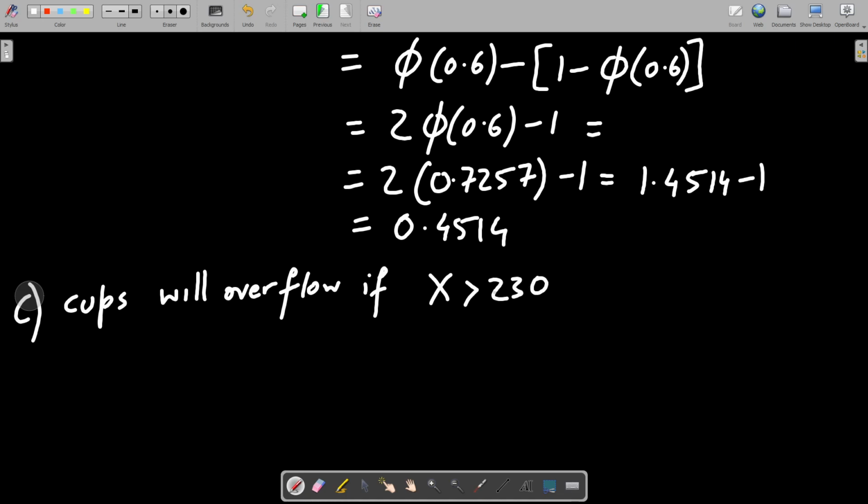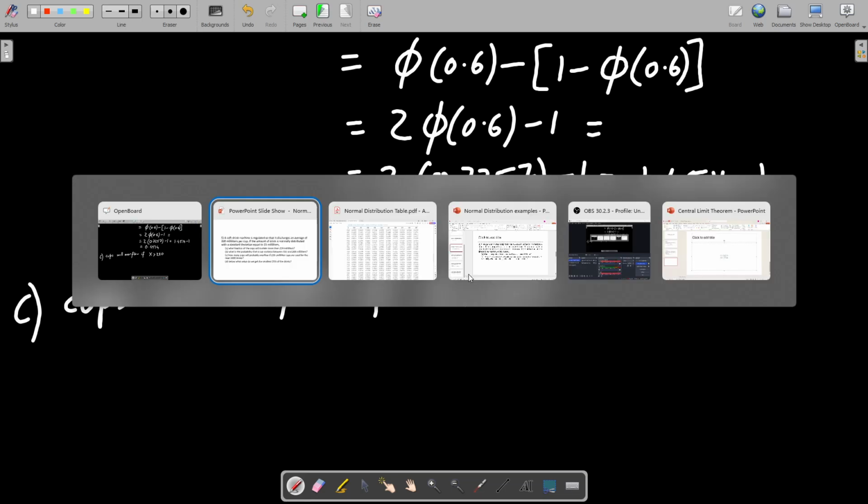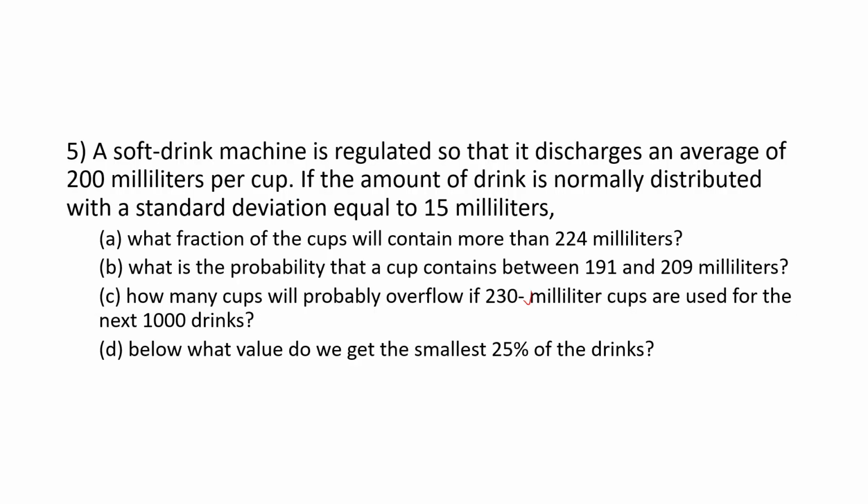So if you fill more than 230 ml in the glass, then it will be overflowing. By the way, this question is about those machines. You all have gone to cafes like McDonald's and all. They have those cold drink dispensers, you all know. Now this particular dispenser is an automated dispenser. So this one gives you the cold drink in a predefined quantity.